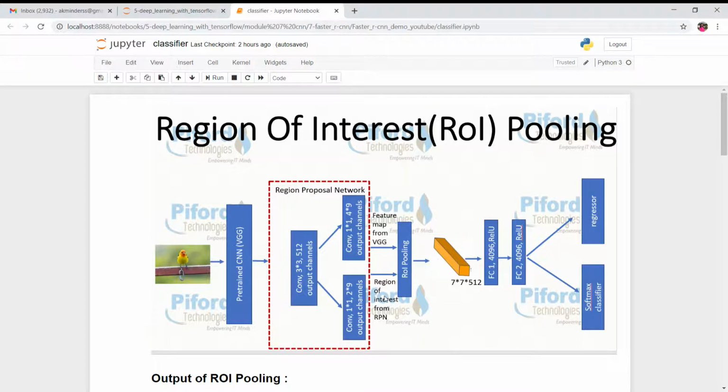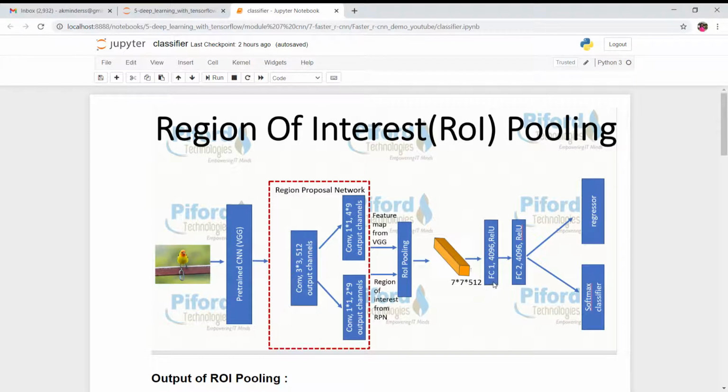These two things become the input for ROI pooling, and then ROI pooling will use a max pool layer of size 7 by 7 and give us this output. This will be the output after performing ROI pooling, 7 by 7 by 512.